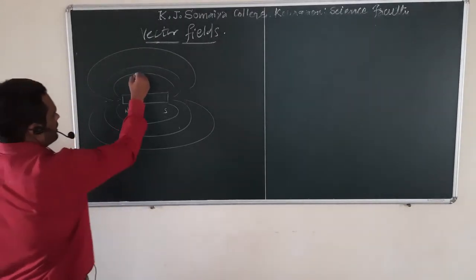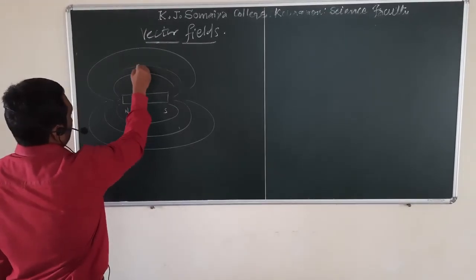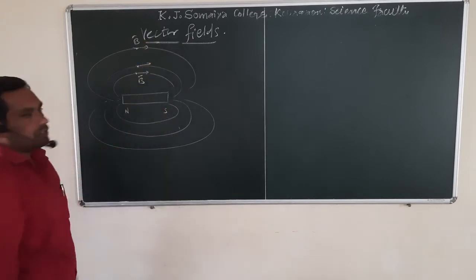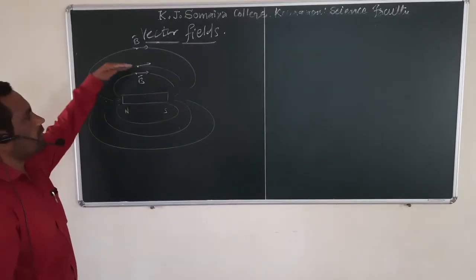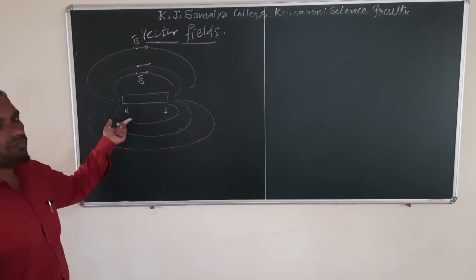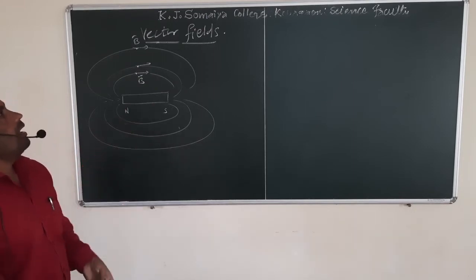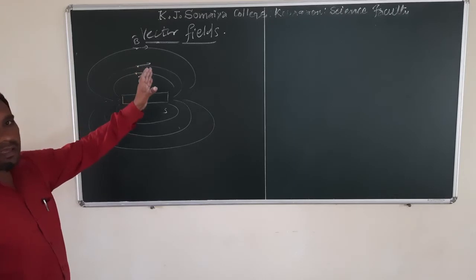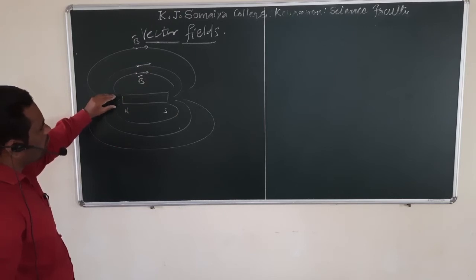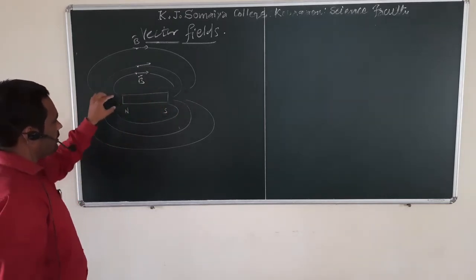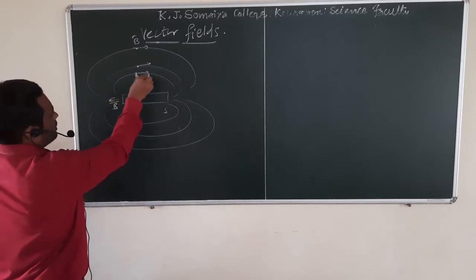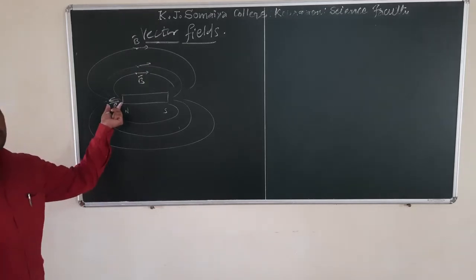In this region, B is the vector which is tangent to these flux lines. Sorry, not perpendicular, tangent. So to represent a vector field, we can show it by flux lines. And the vector field has a higher value where those flux lines are much closer to each other, like here and here. Here, the vector field B is higher compared to these vectors. The magnitude of this vector is higher.